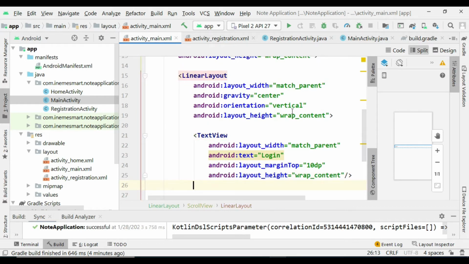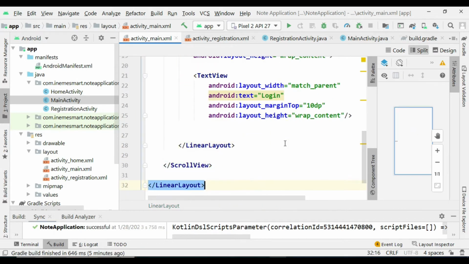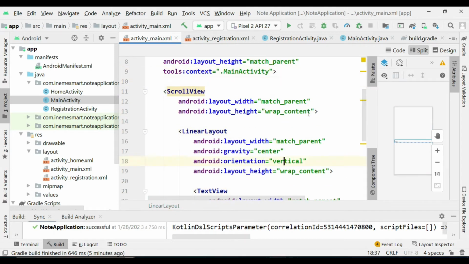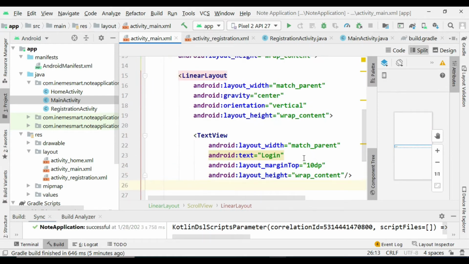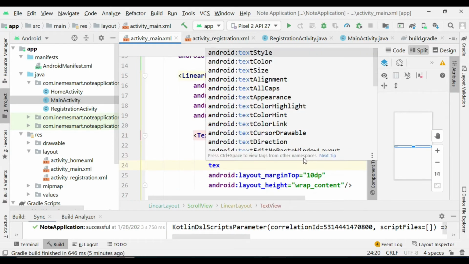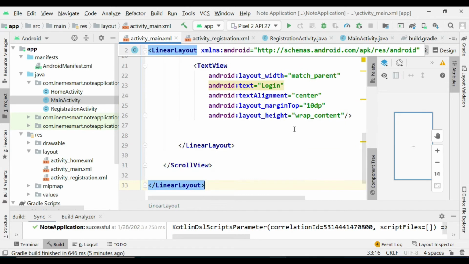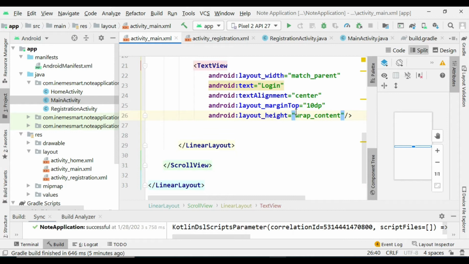So for the text, we need to set the text alignment. Just cross check your work. I think everything is all right. So text alignment center, you can see the text is at the center now. All right, the next thing we're going to do is